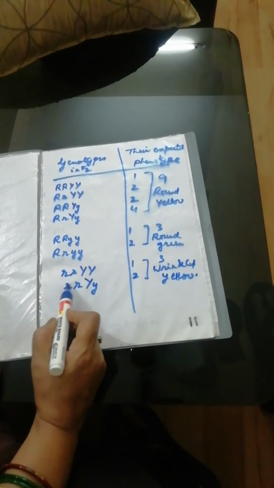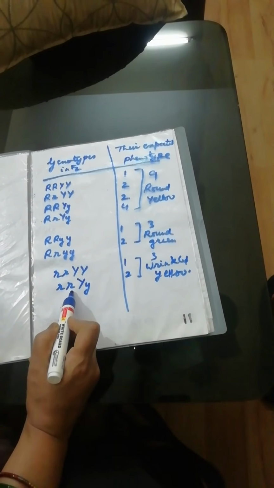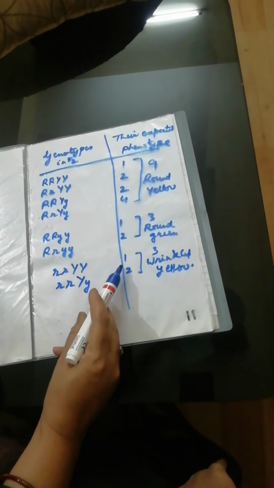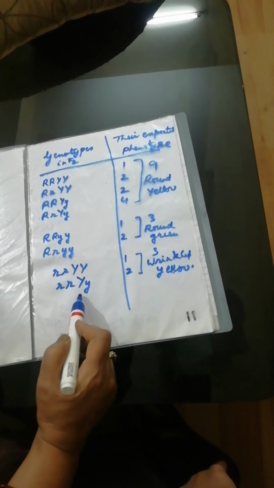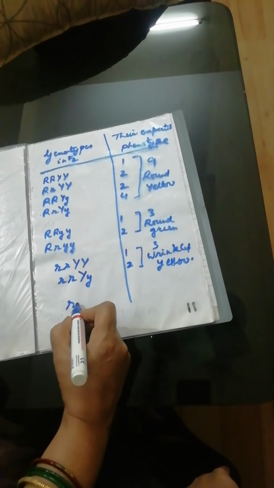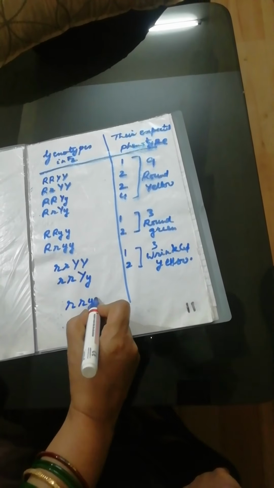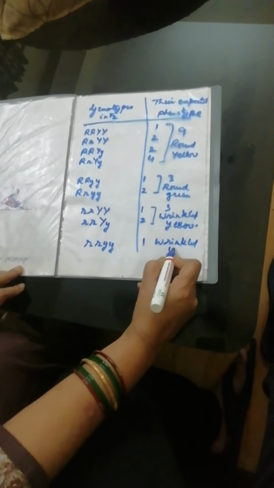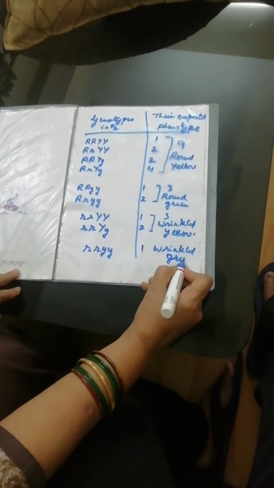Okay, again same here. For wrinkled, naturally it will have this genotype, small r. To have yellow, it may be homozygous or it may be heterozygous. For the homozygous condition, the number is 1. For the heterozygous condition, the number is 2. Now the last phenotype is left, that is wrinkled green. Its genotype would be definitely this, and this we got in the ratio of 1, that is wrinkled and green. Okay, so